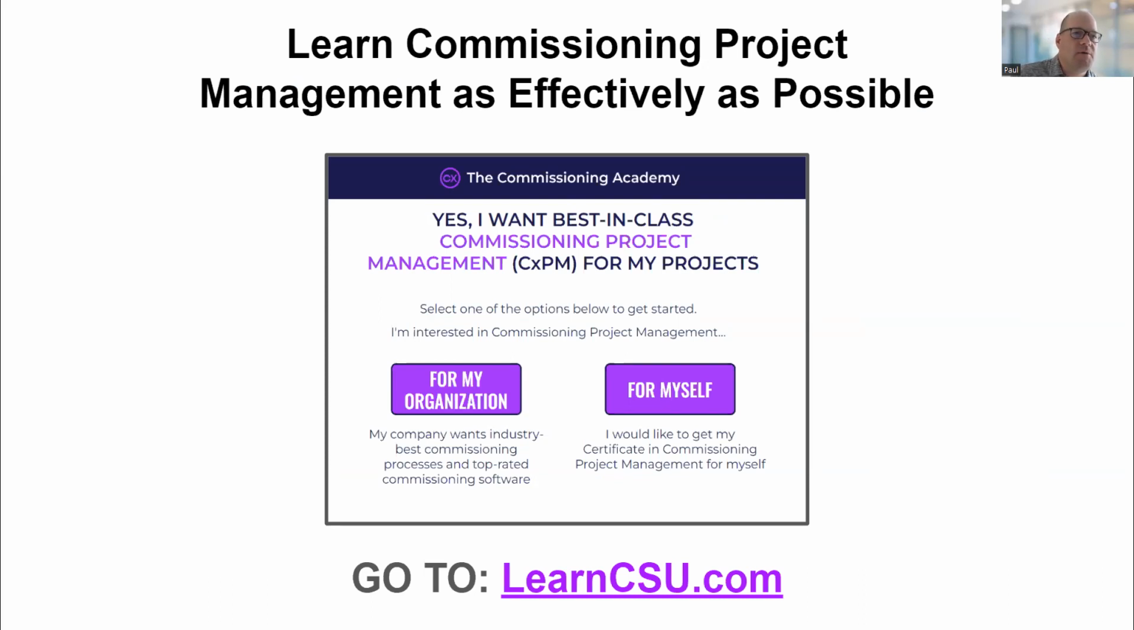Now, if you do have all this figured out on your projects, you're using the best processes and you have the best software tools, then I do encourage you to keep up the good work, because we need more good people working on projects. We need to help people understand this, and you're one of the leaders that are helping projects succeed with commissioning